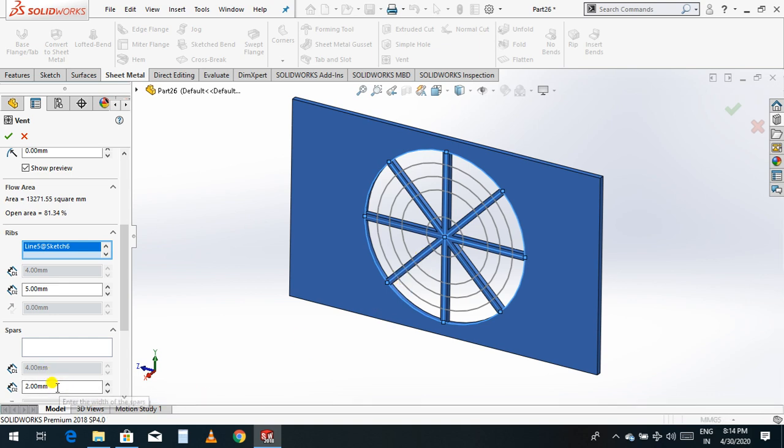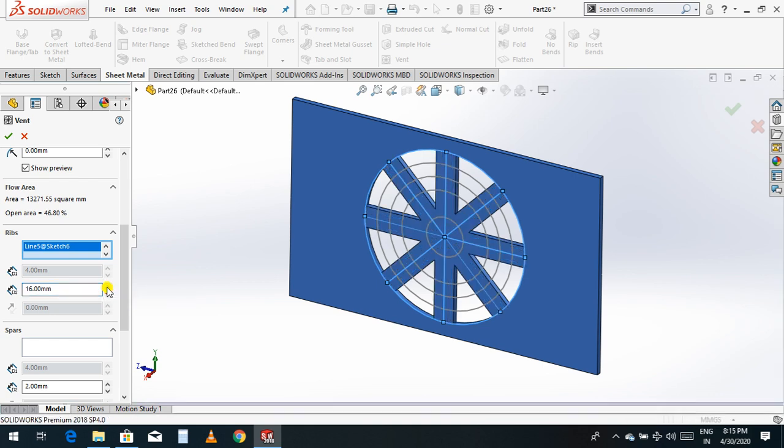Now if you want to change the width, you can change it from here. D1 and D2: this width is 5 and the inside width is 4. If you want to change it, I'll take 6, or you can increase to 7.